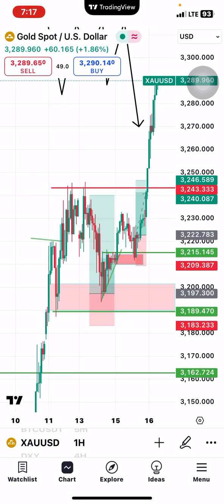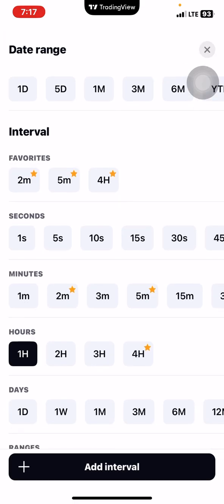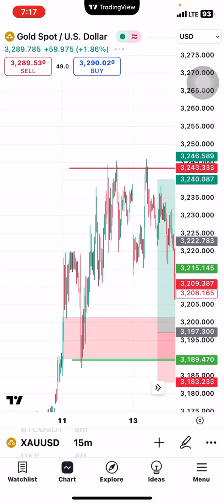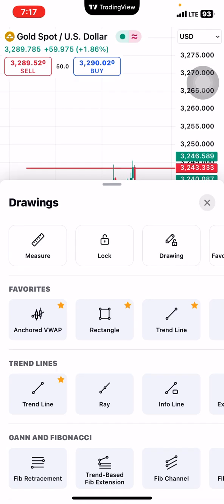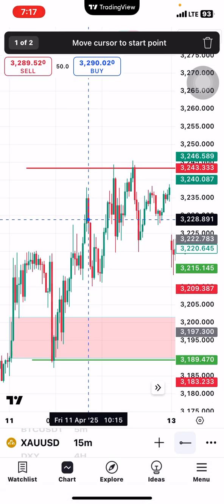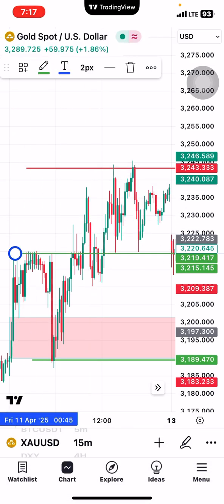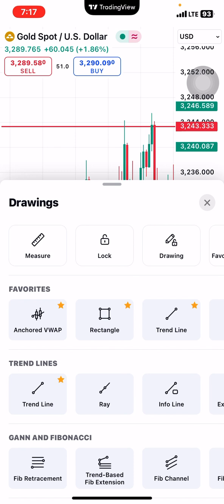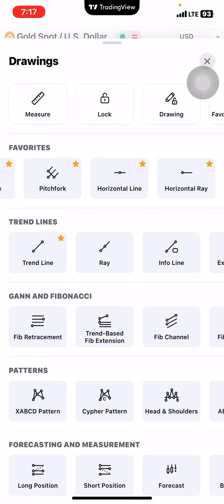If you look at this one now, right? Let me go to the 15 minutes lower time frame resistance. This is what actually happened. Even look at price break structure right here on this 15 minutes. Then what am I looking at? I'm looking for price to come back. You see that when price came back to this zone,